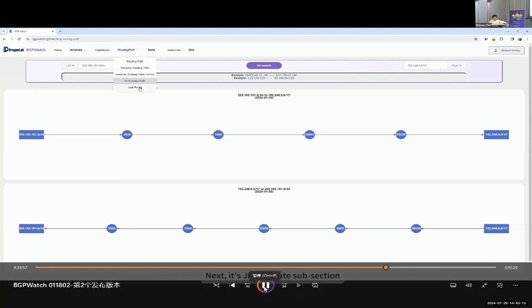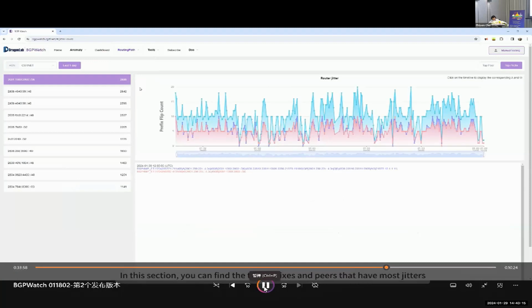Next, it's the jitter root subsection. In this section, you can find the top prefixes and peers that have the most jitters. Our sources are listed on the left. Click on the ASN list. We have such as APAN57, ARNET, BDREN, CERNET, etc. On the graph,